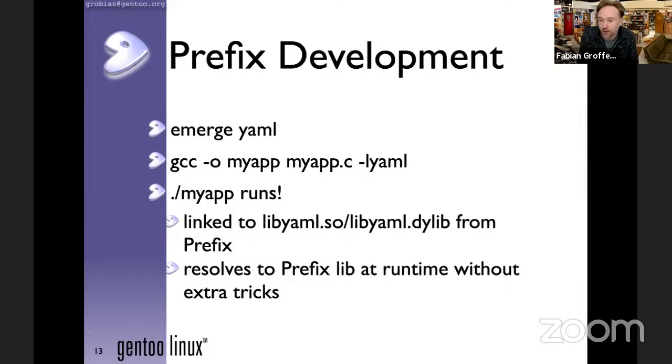So that is pretty transparent, and that is pretty nice. But we need to do some tricks for that, and that's why we always have a toolchain. We always provide a compiler and something that does the linking. Without it, the whole thing falls apart, because then suddenly the compiler cannot find headers anymore, or the linker cannot find libraries, or for whatever magical reason it does work, but then it fails to run.